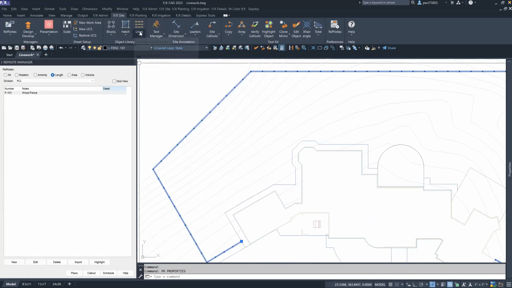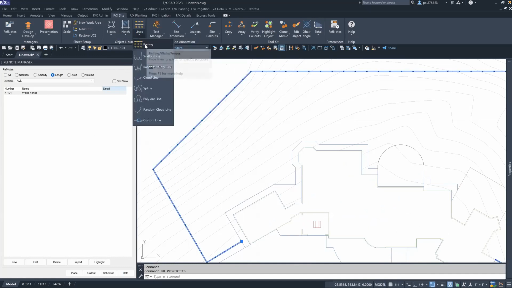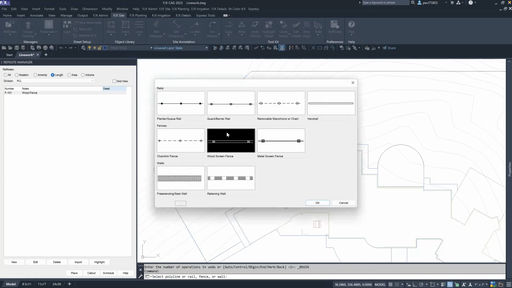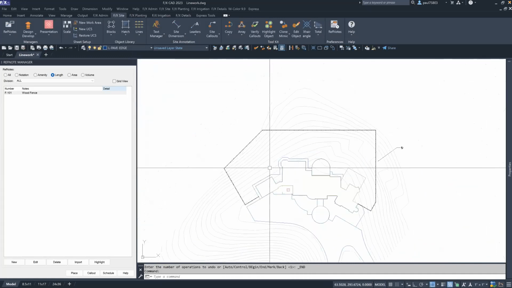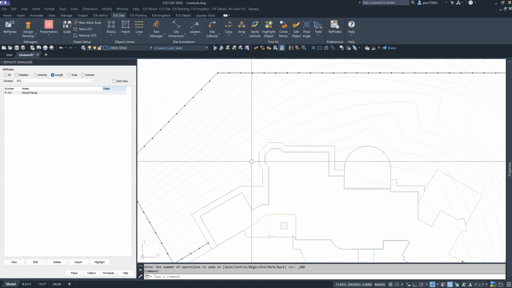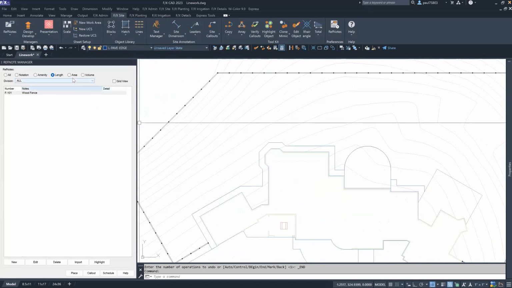you can turn it back into a polyline by once again clicking on that railing tool and then selecting the line there. And so now it's back as a polyline, and I can make my adjustments. And once I've done that, I can just turn it right back into a fancy line type there, and you're good to go. So that's how you add in length items for reference notes. Next, we want to add,